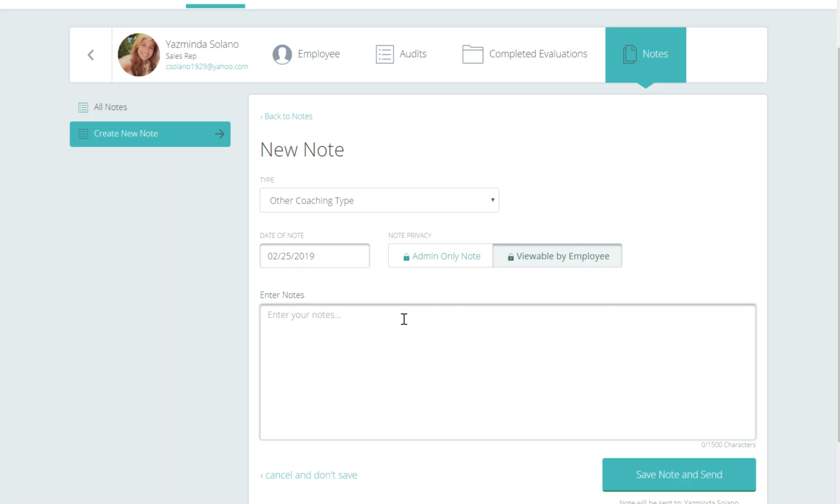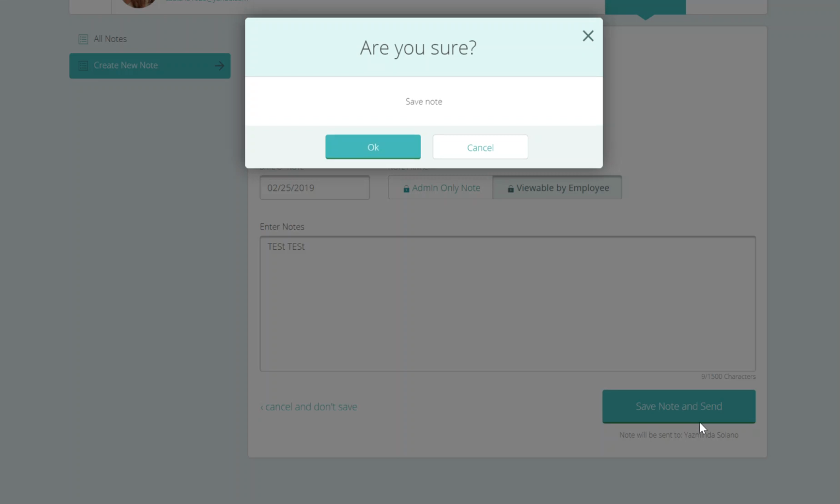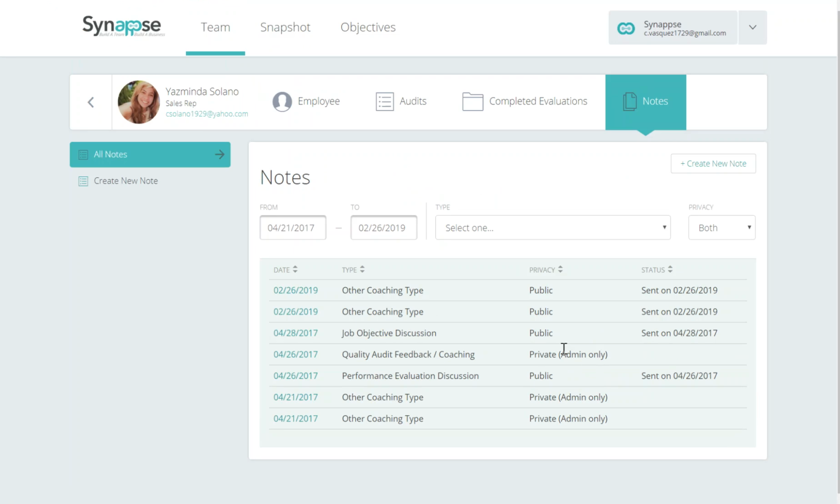So you would just put whatever notes you wanted in there. I'm just going to put in test. And then you would hit save note and send. All right, and so now that note would permanently be in there. Remember, it could be notes about anything. It could be about late arrivals. It could be about disciplinary conversations, integrity issues, or it could be about great stuff, things that they're doing well, things that you're seeing, and so any note that you would want to put in there and have record of